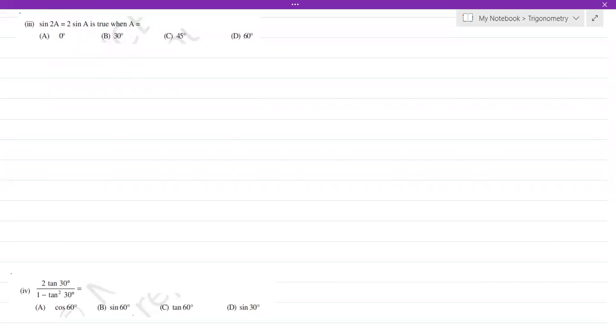Sin 2a is equal to 2 sin a is true when a is equal to which value? Let's find it. The first option is 0 degrees. Let's put a as 0 degrees. What do you get? Sin 2a is 0 equals to